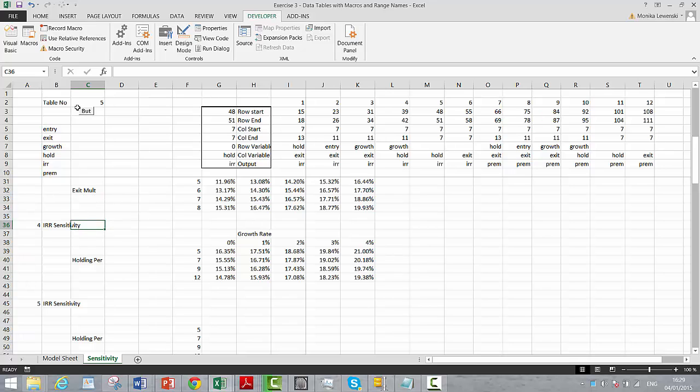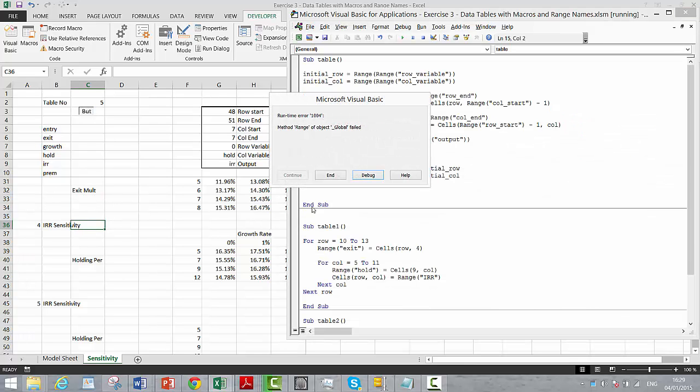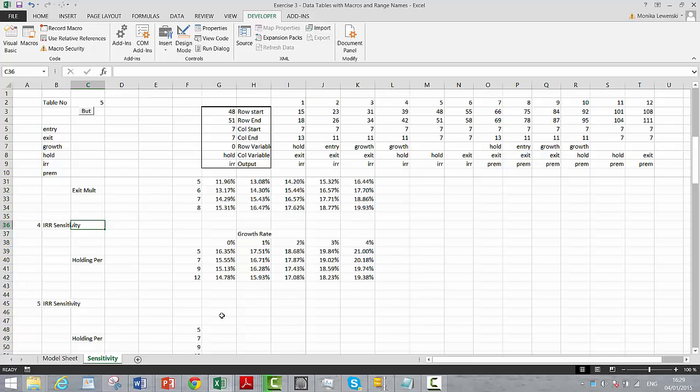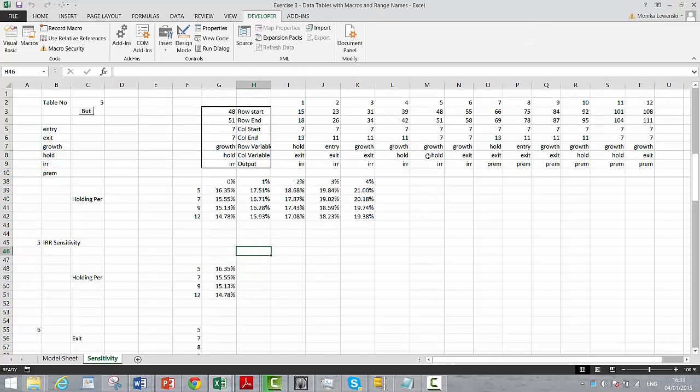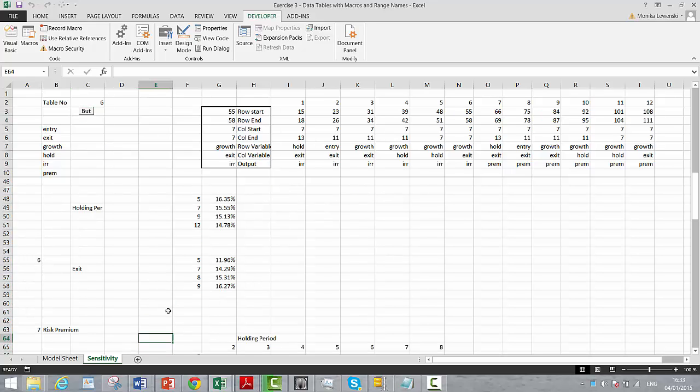and here. Oh, it didn't work with the one-way data table. Oh, I gotta pause. Actually, that wasn't that bad to fix. The way I programmed it, you have to have some variable defined for the second variable, even though it won't ever be used. So that's our holding period. Let's try it again. Let's try number 6. Okay, so I just put, instead of leaving it blank, I put something there,